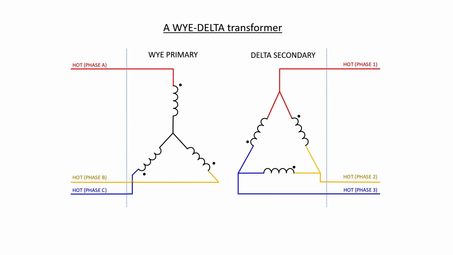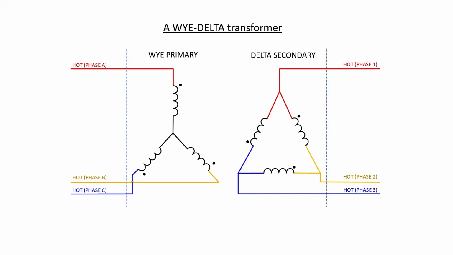Then we have the wye-delta transformer, which can be used for step down from very high voltages for the same reason. The primary Y side has lower voltages across all the primary coils compared to the situation if it were delta, which means the primary side requires less insulation to prevent arcing. The secondary delta side current will be reduced by square root of 3 compared to what it would be if it were Y, so it saves on conductor sizing. Something to keep in mind is that with either wye-delta or delta-wye transformers, there'll be a phase displacement between the